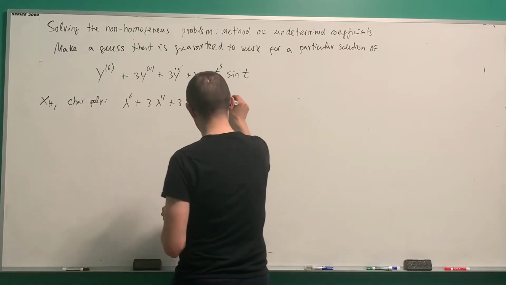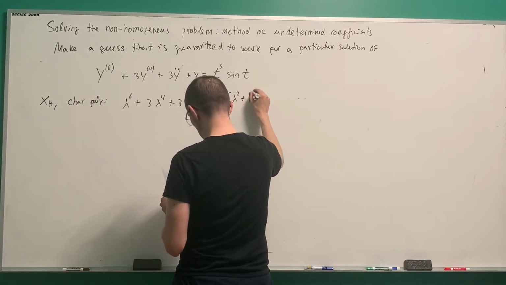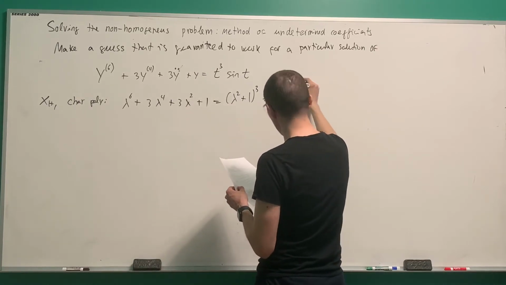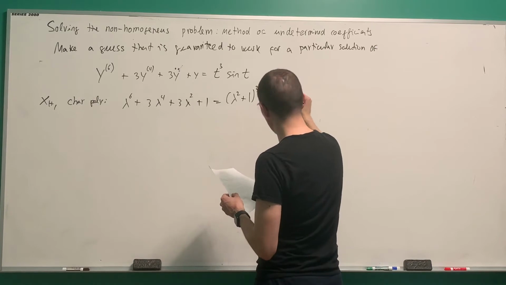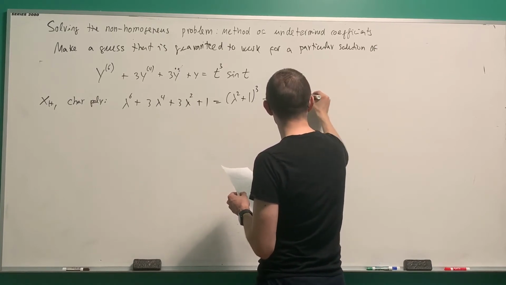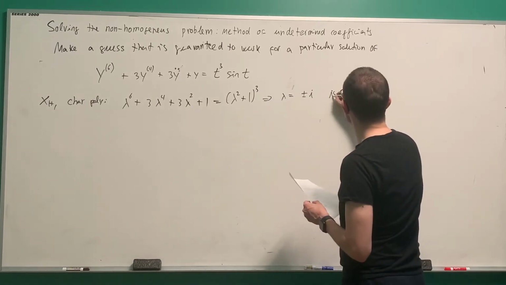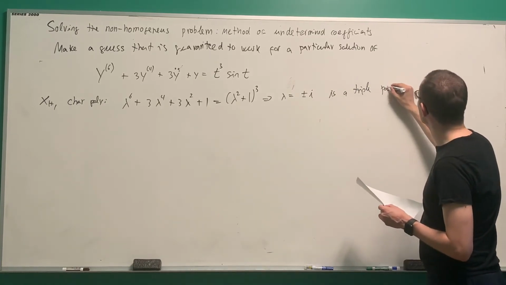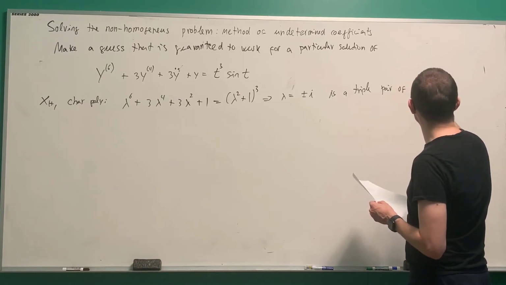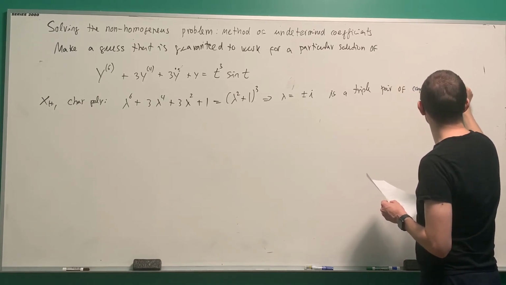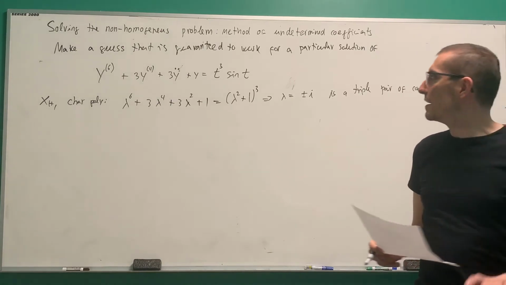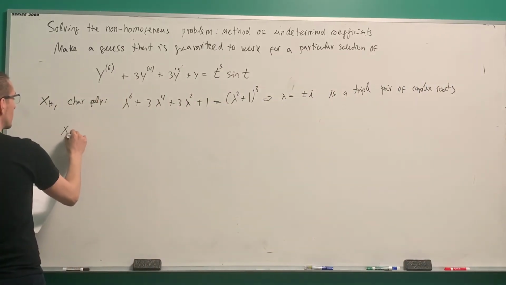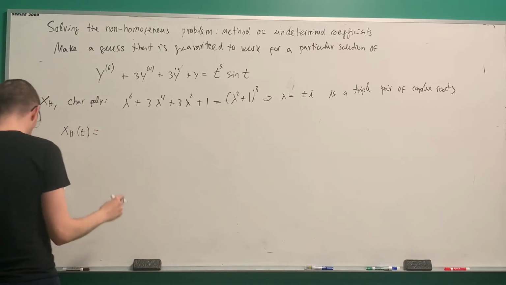So this thing, remember, was lambda squared plus 1 cubed, which means that you have lambda equals plus minus i. In this case, it is a triple pair of complex roots. This is from the examples we did before. Now, in this case, that means that the general solution to the homogeneous problem would be